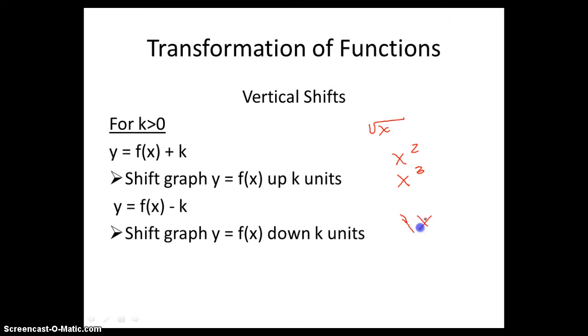Absolute value of x, whatever. All right. So what happens when we add a number to the end of these outside of the actual operator, it's going to do a shift of one direction or another. Now, if it's f of x plus k, we shift up k units. Plus k up. Negative k down. So let's see how this looks like on the function